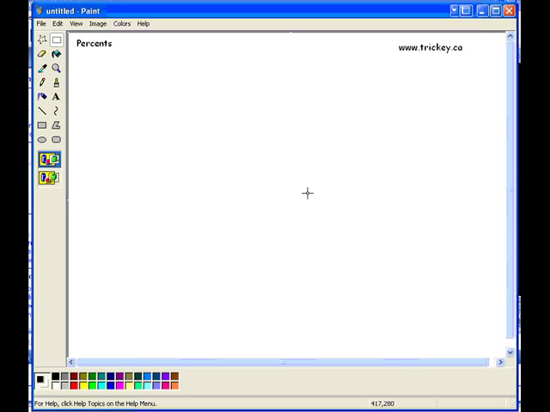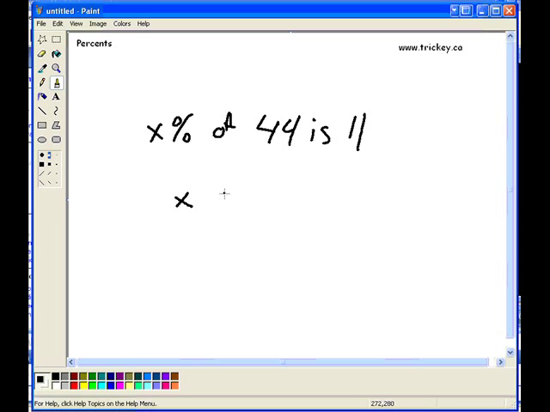What if I said to you that a certain percent, we don't know, we'll just say X percent of 44 is 11. In this case, we want to solve for the percent. I set up my equation the same way. My X is going to represent my percent, so X of gives me a times 44 is equal 11. My goal is to get X all by itself. Right? That's my goal. That's my objective, to get X equals